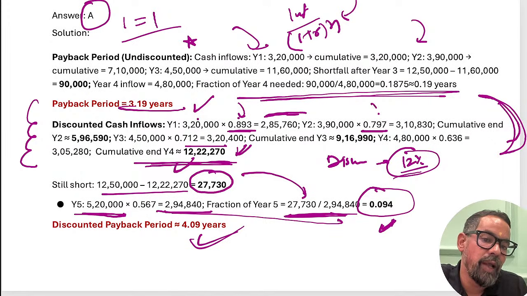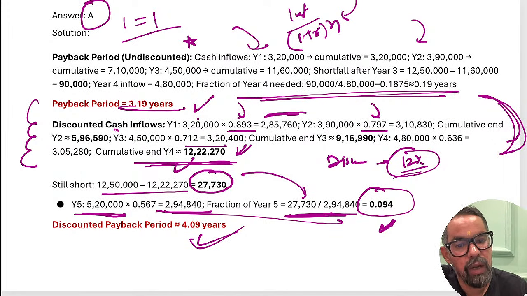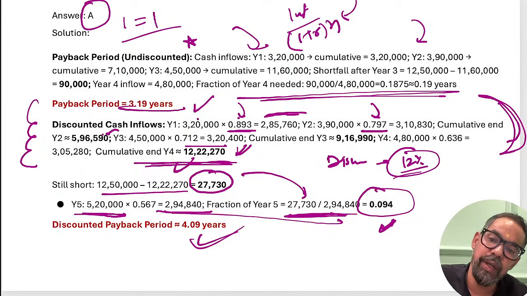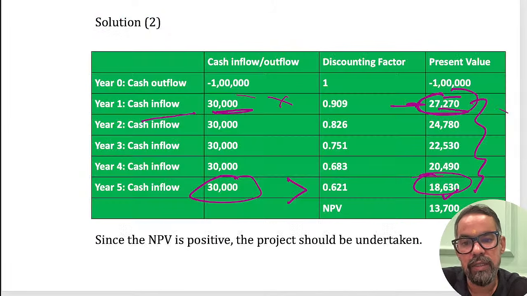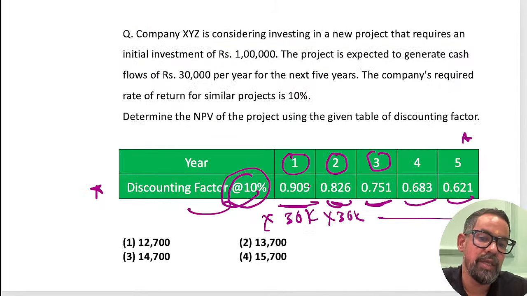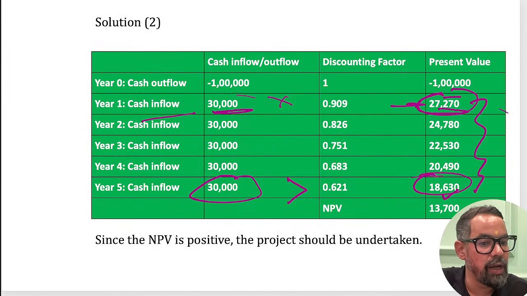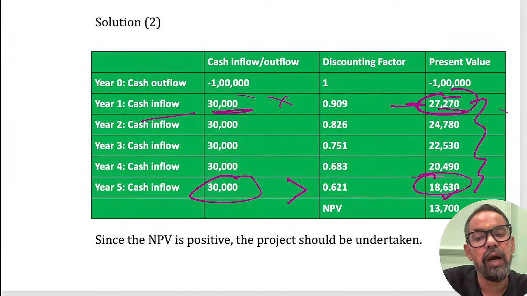This is the 1 rupee value at the end of the second year. This is the 1 rupee value at the end of the third year. So that's why we just multiplied that. Same question. Why did we not do the same calculation of inflow in this? Because they have already given the numbers here. So we just have to multiply and we get to know. So that's why it is going to 4 years.